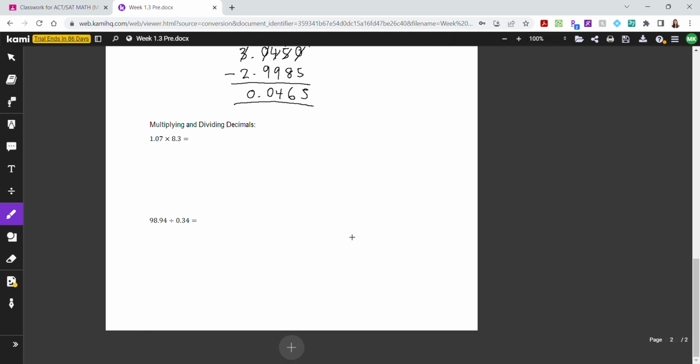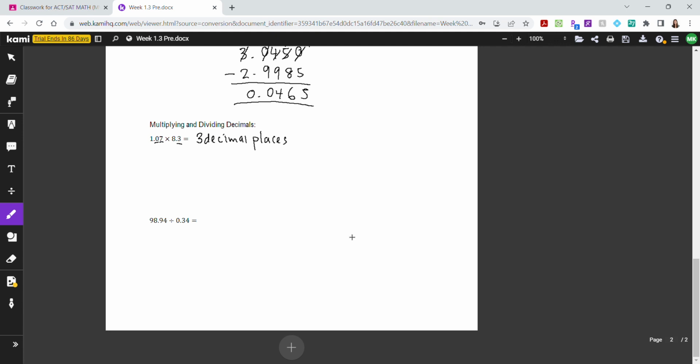If not, it will go wrong. Now, with multiplying and dividing decimals, I'm going to teach you a little neat trick. So with multiplying decimals, first thing we're going to identify is how many decimal points are there altogether. So if you look, 1, 2, 3. That means when we get our answer, it will have 3 decimal places,